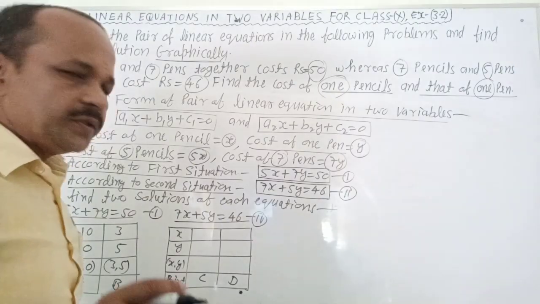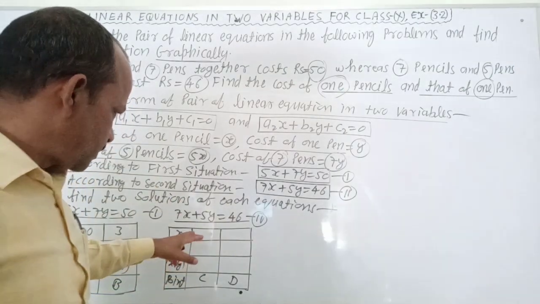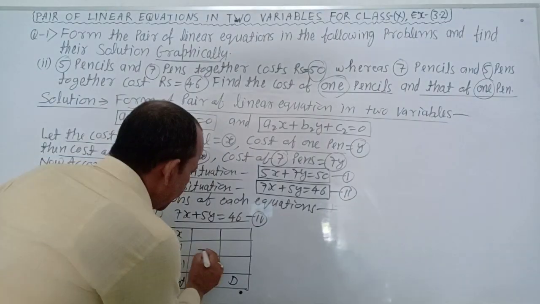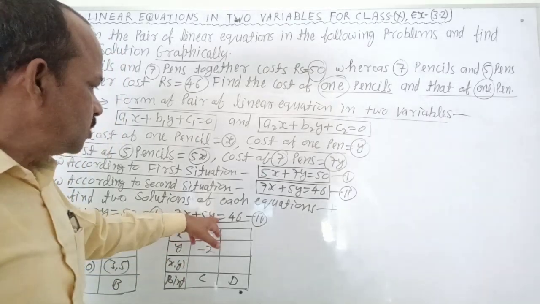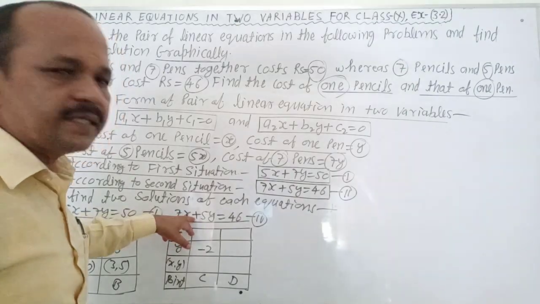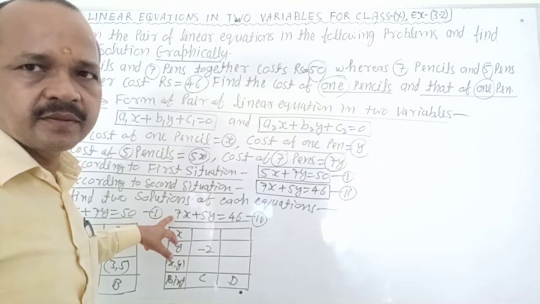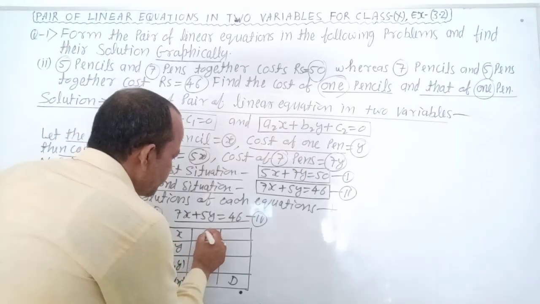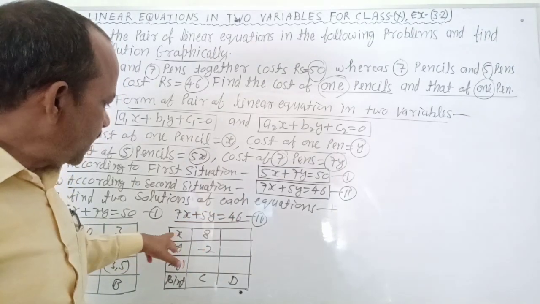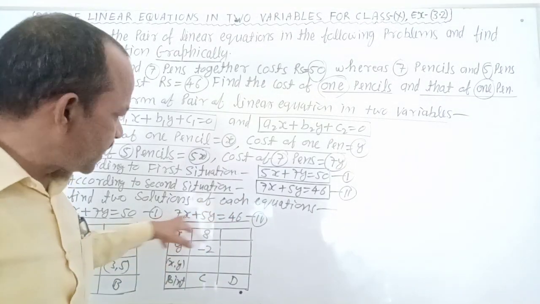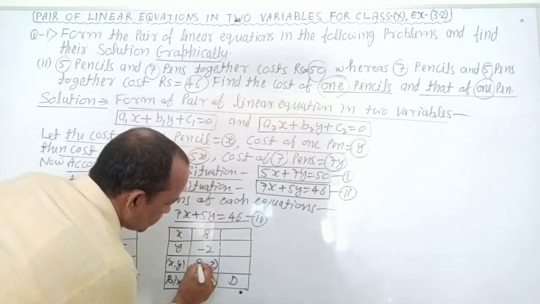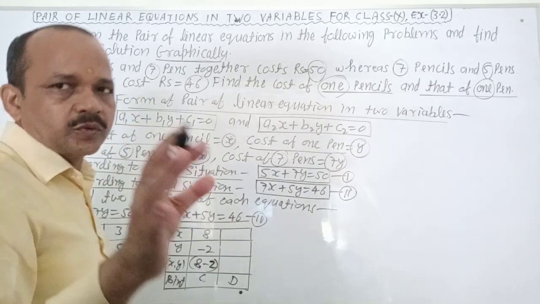You put the coordinate of point y as minus 2 here. 2 times 5 is 10, minus 10. It becomes minus 10. Here you put the value of x as 8. 8 times 7 is 56. 56 minus 10 becomes 46. It means the value of x and the value of y satisfy this equation. Your coordinate becomes 8 and minus 2. It is clear?